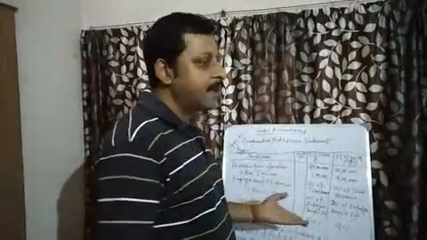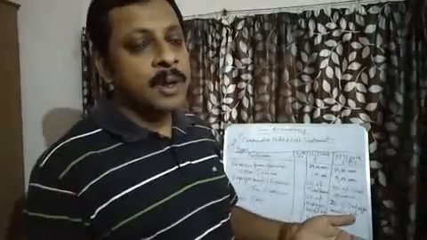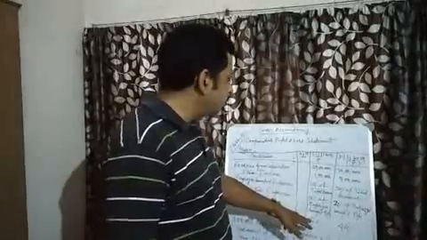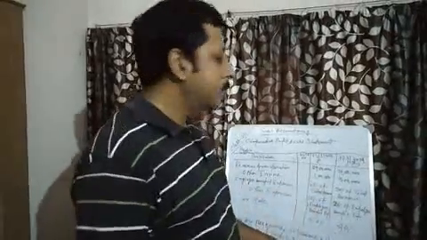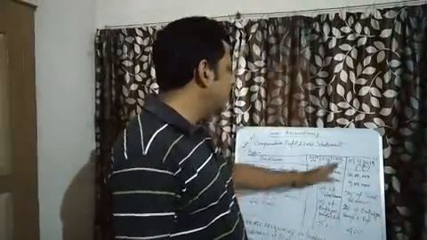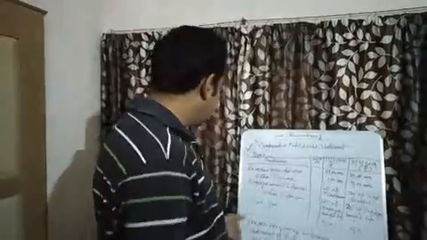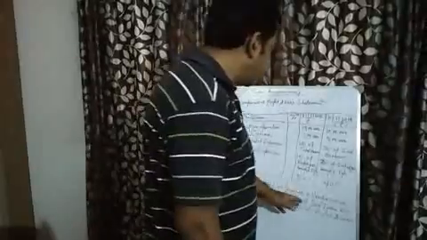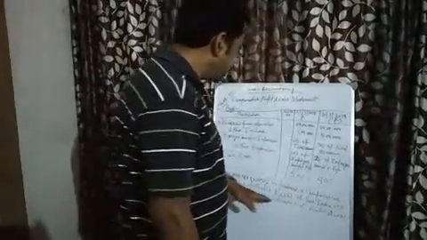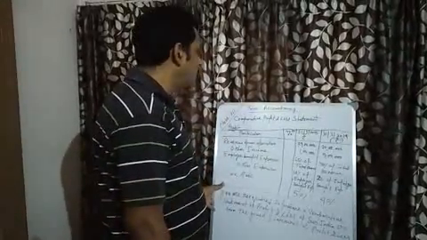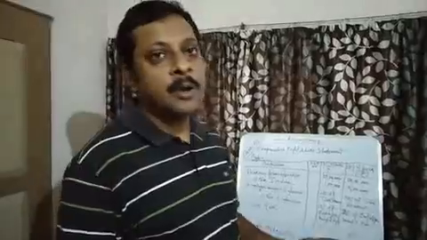And lastly, there is a tax rate. After profit, you have to pay tax to the government, and the rate of tax is given as 50% for 2015, the current year, and 40% for the previous year, 2014. Now you are required to prepare a comparative statement of profit and loss of Sun India Limited from the given statement of profit and loss. How will we do that? Now let's start.